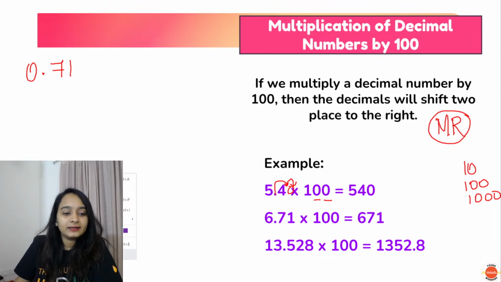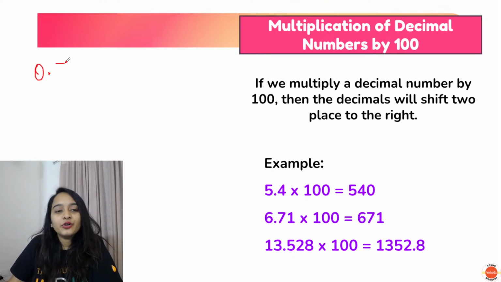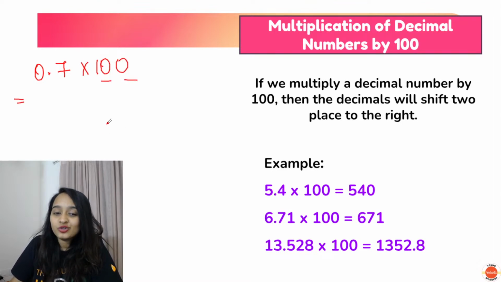Okay, let me take 0.7 multiplied with 100. Now 100 has how many zeros? 2 zeros. So what will happen? You will move 1 digit. You have to move another digit also. So move another digit, but here there is no digit, that's why we're putting a 0. So it will become